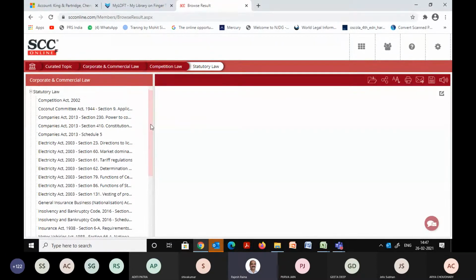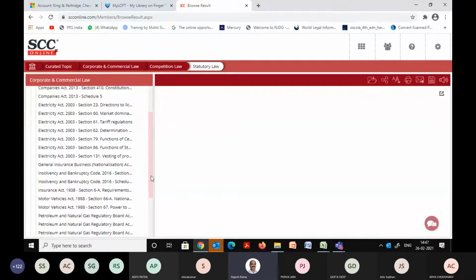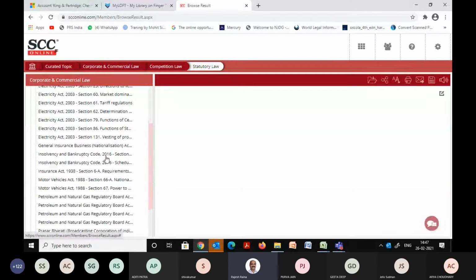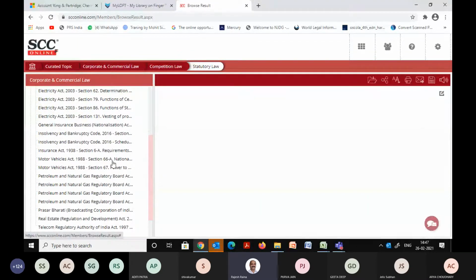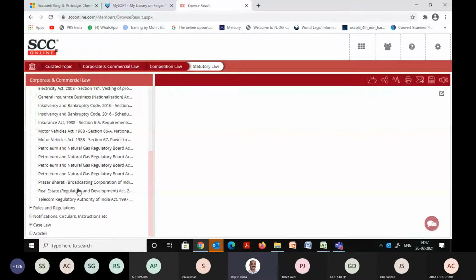Now let me scroll further. It shows Electricity Act Section 23, 60, 61, and so on and so forth. Followed by that, there are some on insurance, insolvency, and bankruptcy. A couple of them are there. Then you have Motor Vehicles Act Section 66A and 67. Then Petroleum and Natural Gas, followed by Prasar Bharati, Real Estate, RERA, and Telecom.